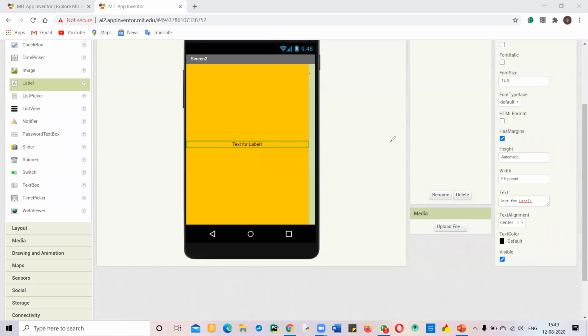So if we write the text here for the label, then it only goes in a straight line. Like if we want कि first line में थोड़ा सा text आ जाए, उसके बाद हम second line पे jump कर जाएं, so that we can do by adding this thing, \n. This \n is used for jumping to another line. Like अगर हमें अब इस label के बाद दूसरे line में text लिखना है, so we need to add another label. But if we use \n, then we can do this function in one label only.